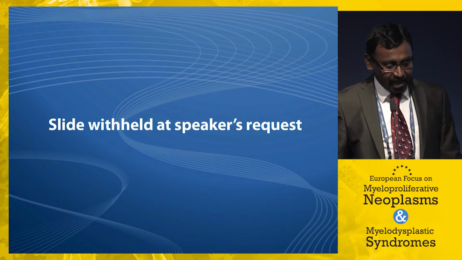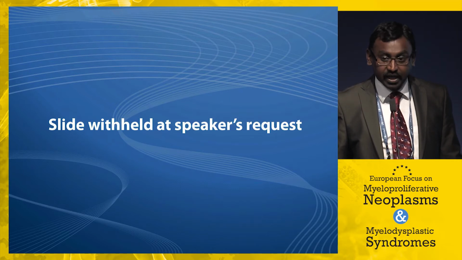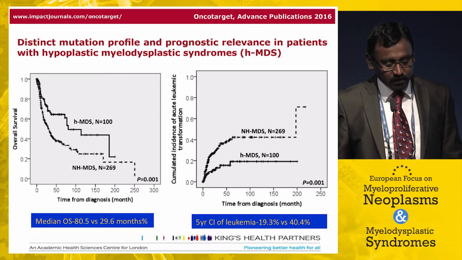Not only that, the age is different. There is increased cytopenia and transfusion dependency, and the incidence of autoimmune diseases is significantly higher compared to the normocellular cohort, and the rate of progression to acute myeloid leukemia is also low. If you look at this data, which was published last year, the mutational profile is also different, as well as the prognostic significance, with median overall survival significantly different between these two entities, and the cumulative incidence of leukemia being